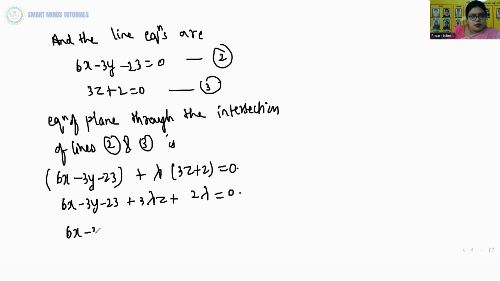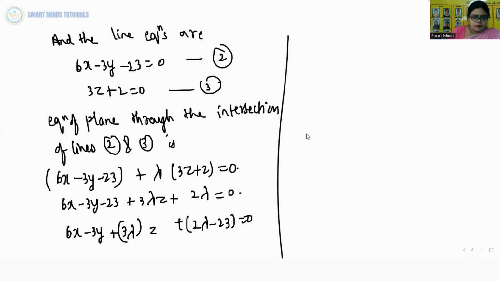So 6x minus 3y plus 3 lambda z plus 2 lambda minus 23 equals 0. Let's say this is equation number 4. Now since equation number 4 touches equation number 1,